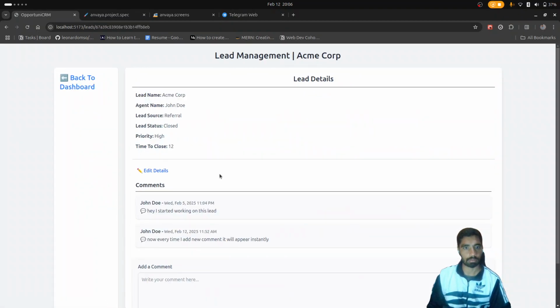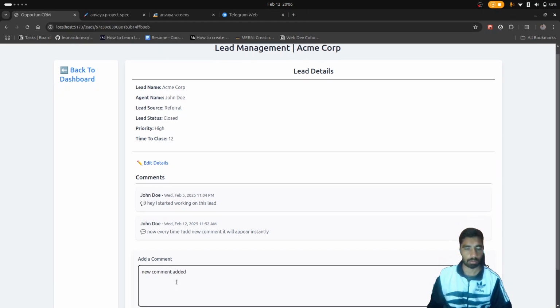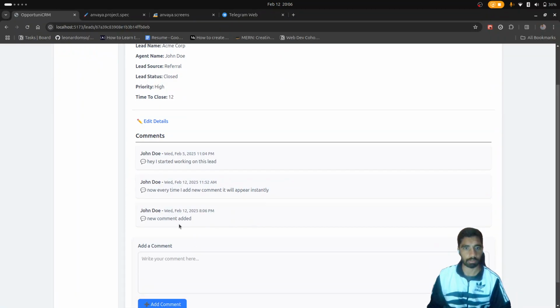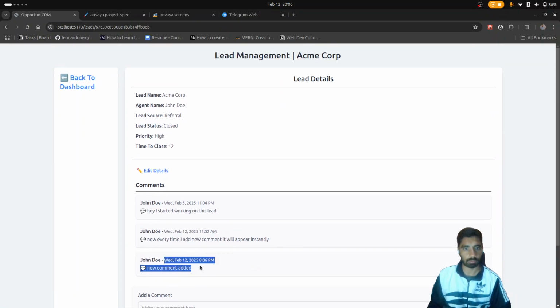And we can see the agent detail page, and also we can edit it here and also add a comment. New comment added successfully. It will show and also show the timestamp here.